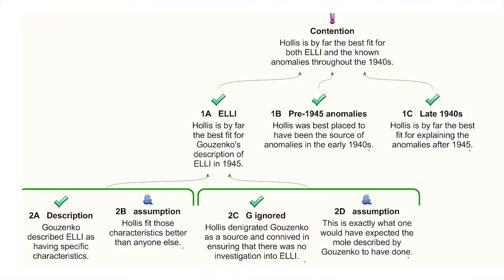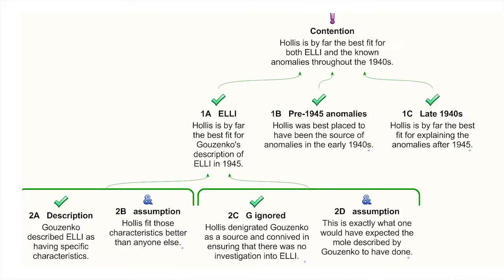One doesn't need to overplay that to see that here is a building block of the case. If you want to argue that he was somebody other than Hollis, then either you have to reject Guzenko's description as imaginary or misleading, or you have to find a candidate who was male, had that access, and on the face of it had something Russian in their background. And to the best of my knowledge at this juncture, there is no other candidate who meets that description.